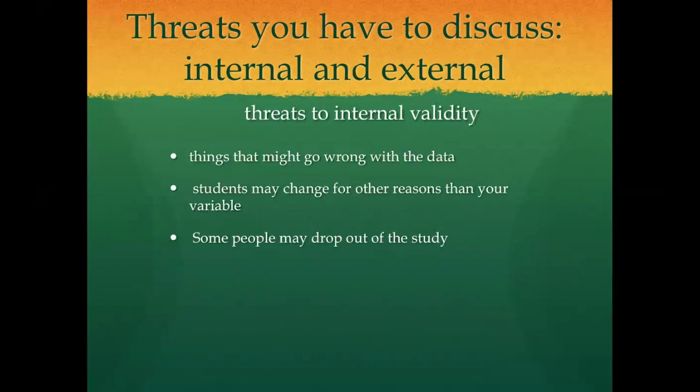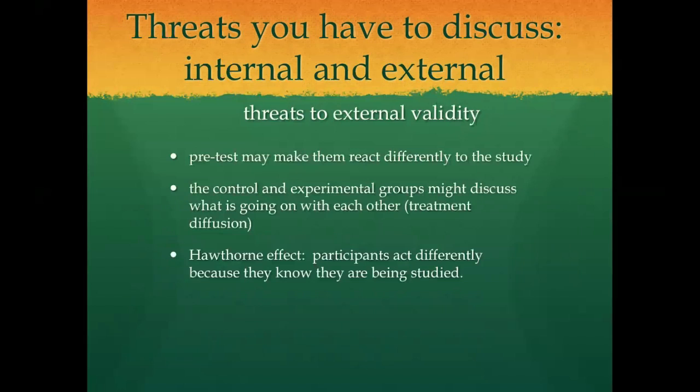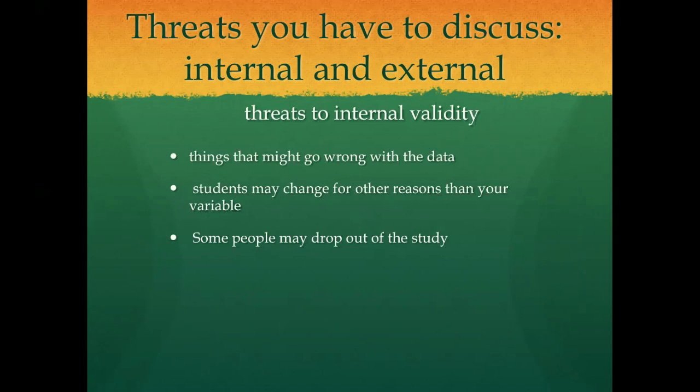So for example, if you're doing a study on languages and it happens to be at the same time they have a French exchange program at your school, then that's a threat to the validity of your results, because you've got a lot of people around speaking French all the time, so you can't measure accurately how much of the change in the students was what you did in your teaching versus what happened because of a lot of people